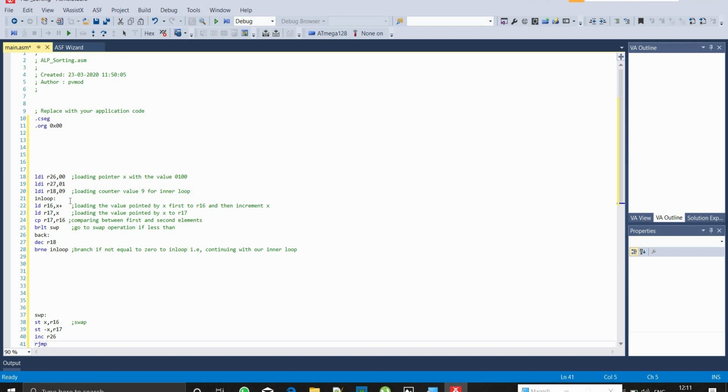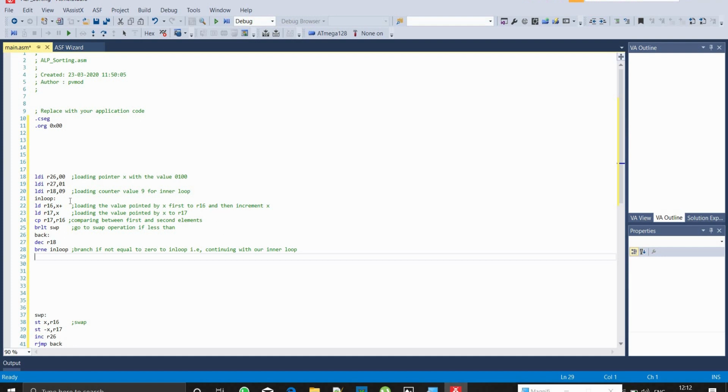Now what you have to do, go back to our main loop, R jump, which is just the normal jump function, and we are going back to where? To back. That's why we have given that back label in our inner loop. So that's it. Swapping will work like this. Now what we have created right now is an inner loop to do 10 iterations and go